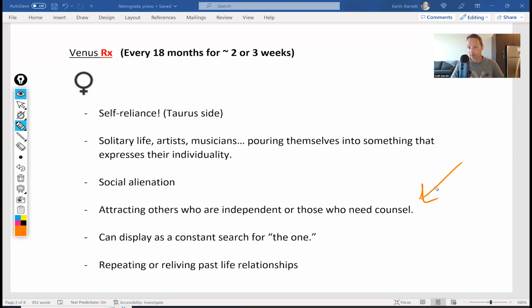help other people in their own independence, right? Like maybe they've experienced being codependent, and you can help them individuate, right? Venus RX soul can help them individuate. So you could attract people to you that need counsel. So I would say in that respect,